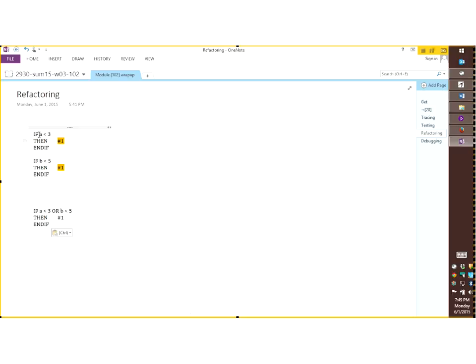So what I'm focusing on here, I have a program that tests if A is lesser than 3. If that's true, it executes whatever code block number 1 represents, so whatever part of the code that I label number 1. And then later, after the end of my first if statement, I test if variable B is lesser than 5, and if it's true, I execute exactly the same code. So what you see as number 1 here and number 1 here is exactly the same code that I typed again in Raptor, and put in the then branch of those two if statements. So these are two if statements that are serially arranged.